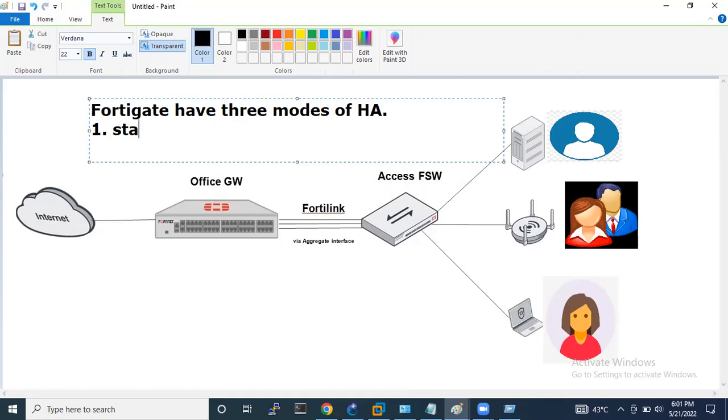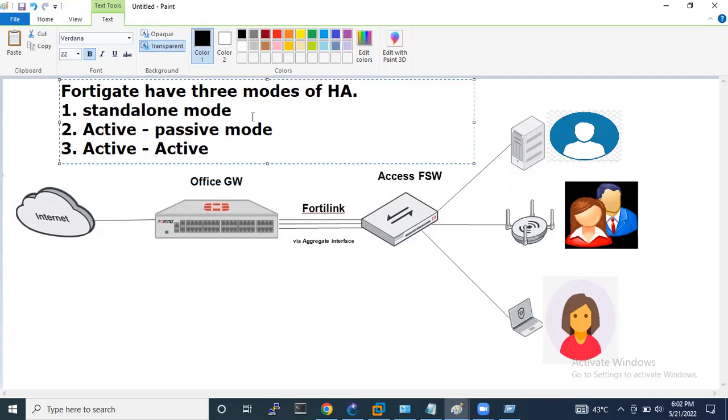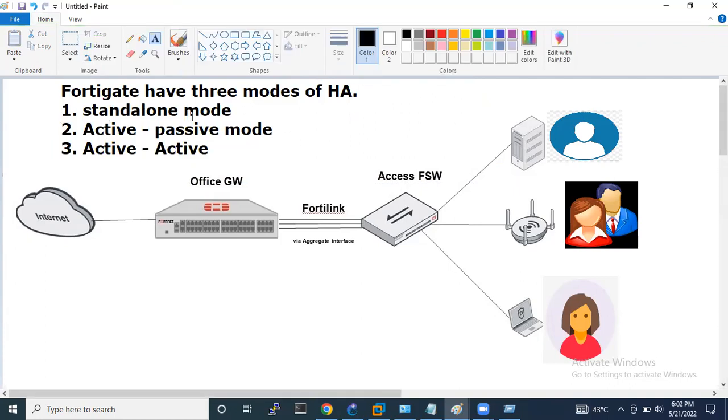The first one is standalone mode, the second is active passive mode, and the third one is active active. By default, FortiGate has standalone mode. For now, I am going to configure active passive mode.